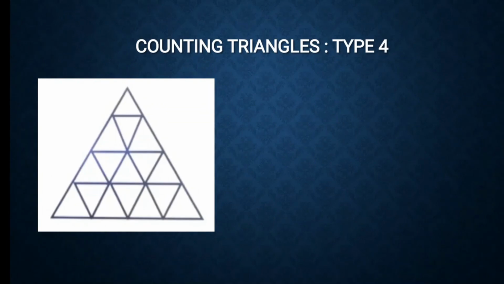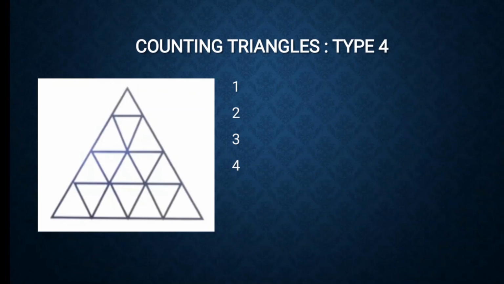To count the number of triangles in this figure, the first thing that you have to do is count the number of partitions that are there. Now this is a symmetric figure like I have mentioned, so from any side that you count, you will get the same number of partitions. That is, let's see, 1 2 3 4, there are 4 partitions in this figure. So I'll write the numbers up to 4, 1 2 3 and 4.